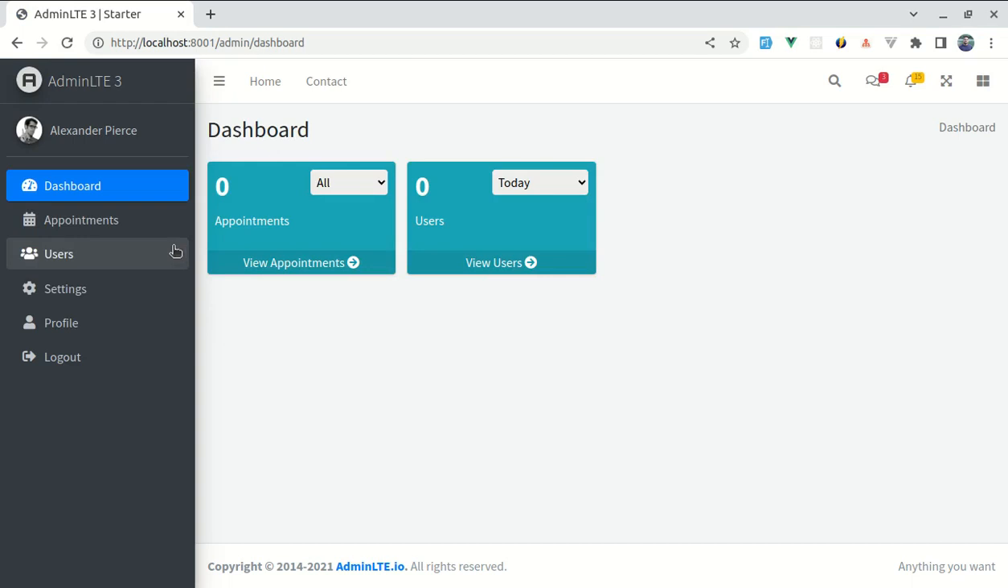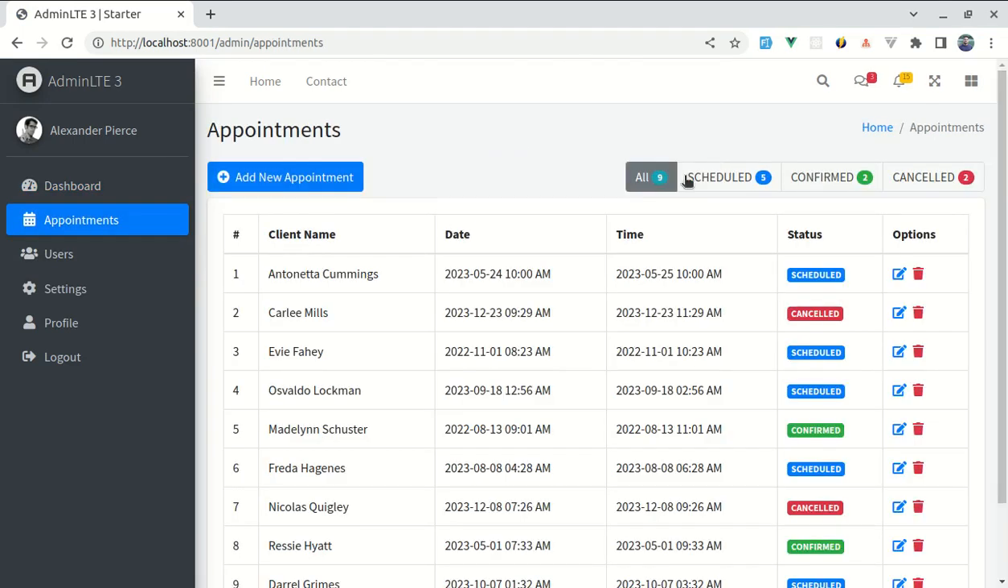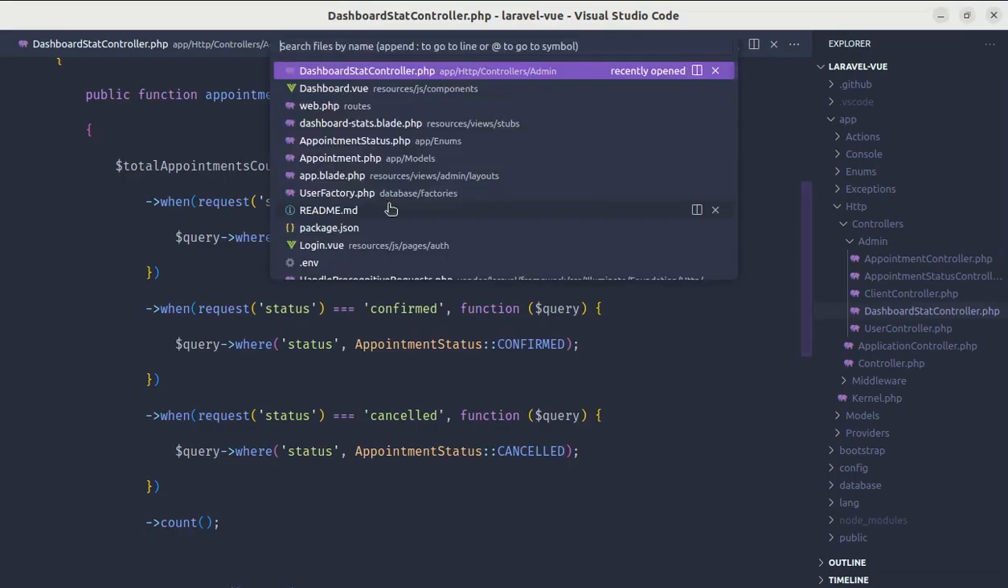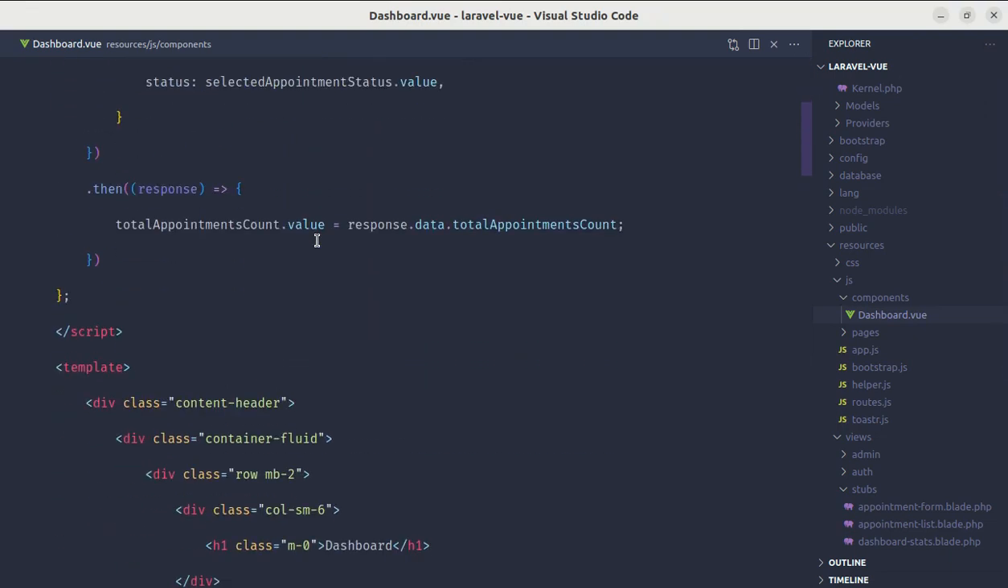Now let me go to appointments tab, and we have all is 9 appointments, scheduled 5, and 2 confirmed and cancelled appointments. Let's see this. If I click on schedule, we have 5, for confirmed we have 2, and for cancelled we have 2. But if you have noticed, if I refresh this page, it is not showing the default value for all, right? So to fix that, let me go to dashboard.vue file,